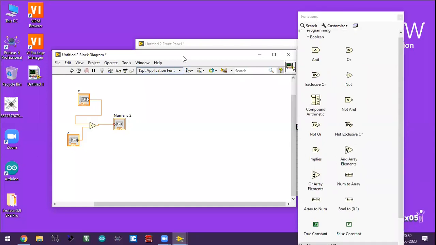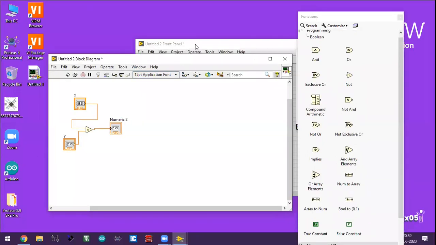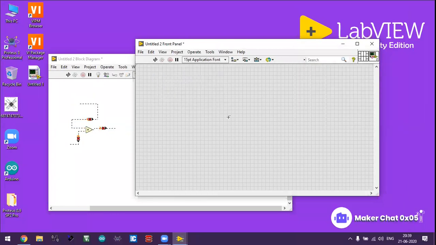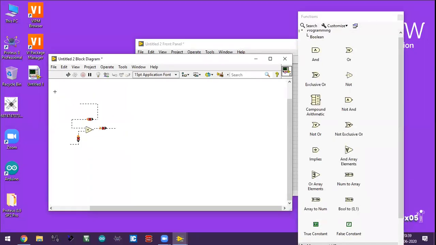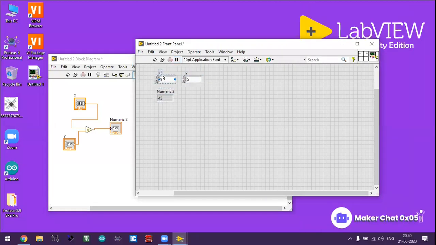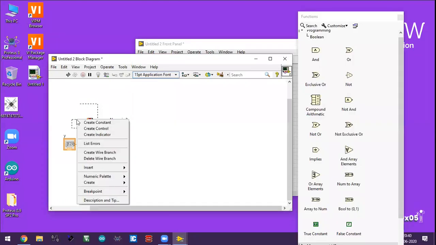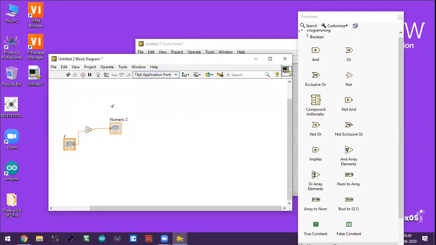So this is a basic concept of development of GUI. I am giving you another example, like I have to remove all these things. See, when you remove all the elements or any elements from the front panel, the wirings will remain there. So you have to select and delete it. If you press Control Z, undo is available. If you delete only with X, the wiring is gone. And now you have to click on this and delete the wire branch.